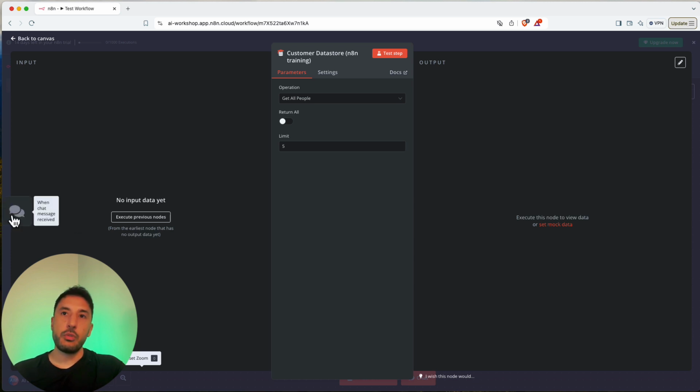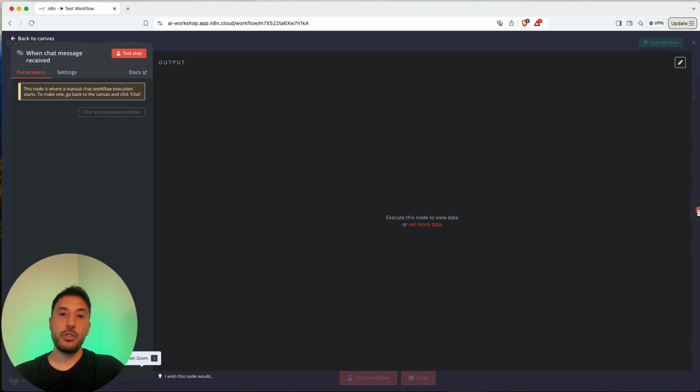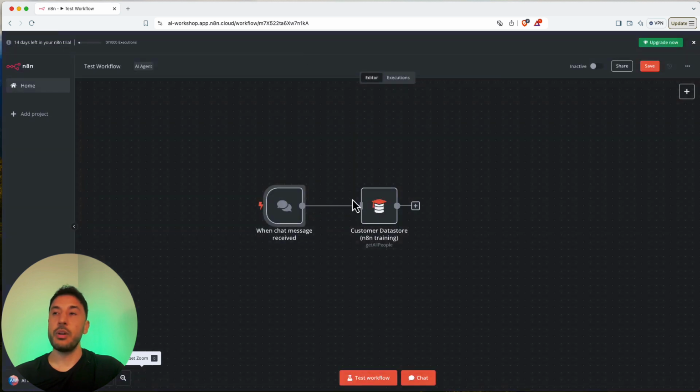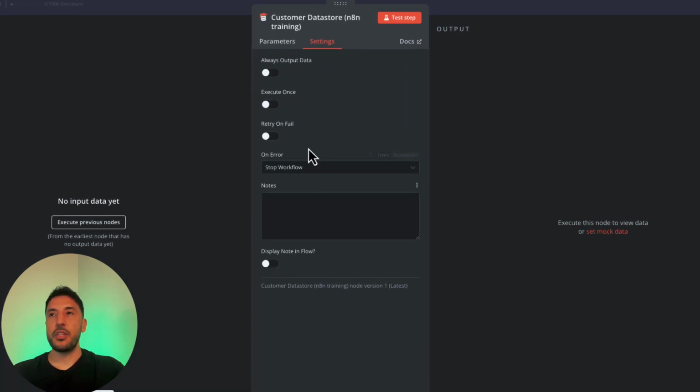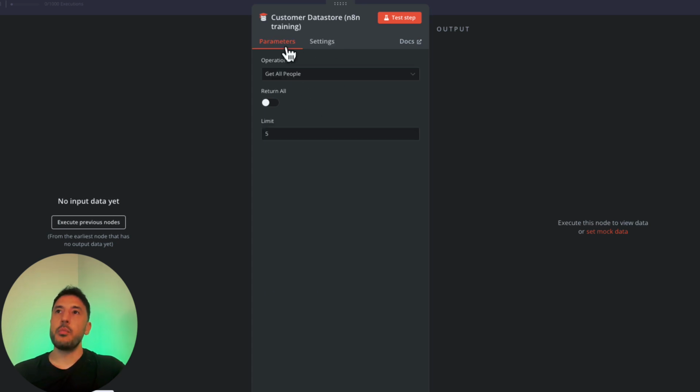I can also click on this left hand side in the corner. If I go back here, I can see it here in the little corner here. I can click on it, and it will take me to the previous node as well, right? So you can always go back and forth between nodes when they're connected. But I can go ahead and double click on this. So these are the different parameters and the settings for this particular node. We don't have to worry about settings in most of the nodes. Most of the nodes, we're going to be interacting with the parameter.